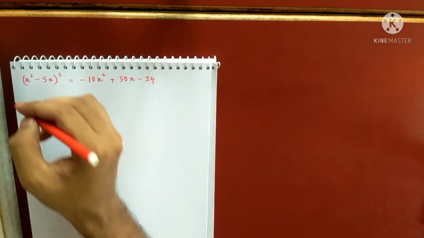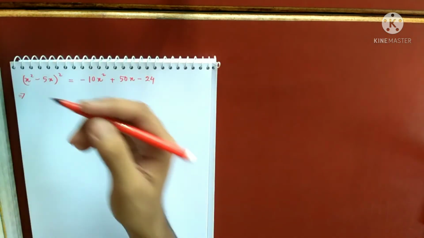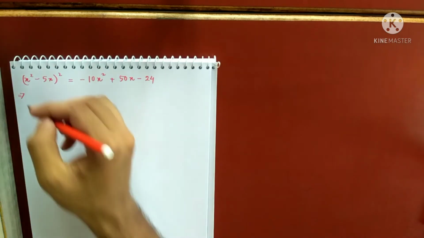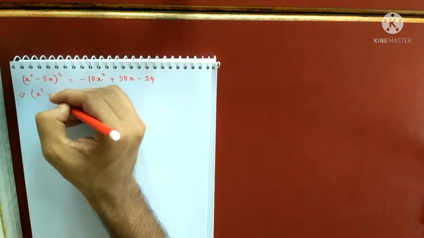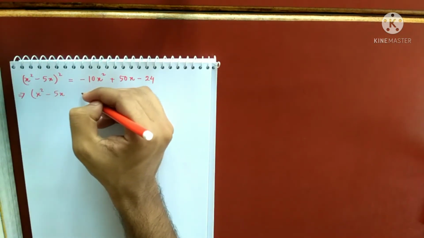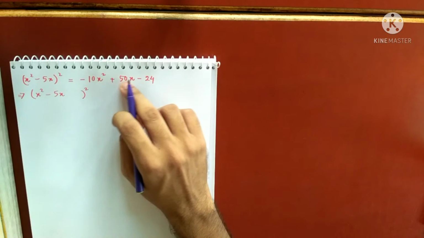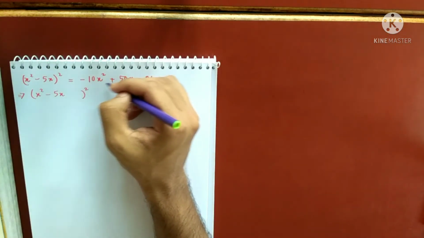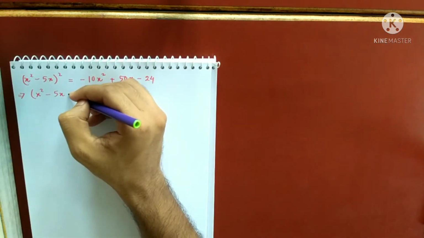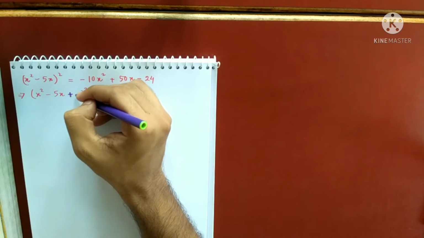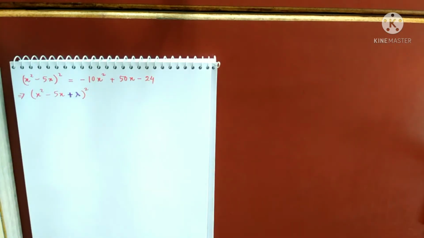Now we will do a very interesting step here. This is the important step in Faraday's method. We will add a number lambda here, because our task is to also make this as a perfect square. So this is not a perfect square as you can see. So for that, what we do, we add a number lambda here. Okay. So you see what will happen if I am adding lambda here.